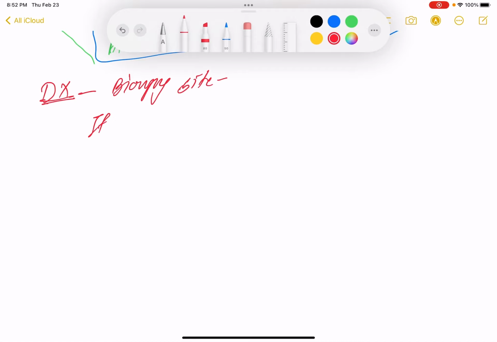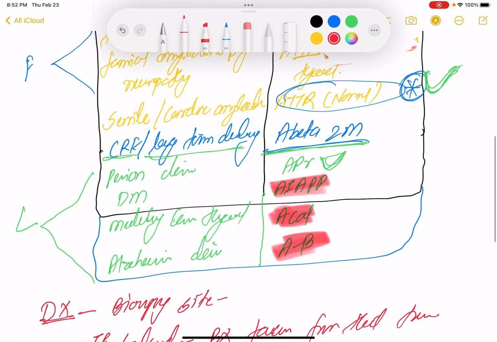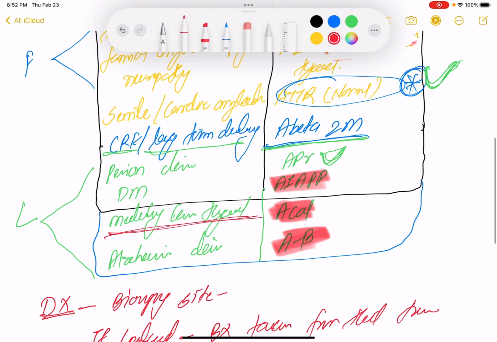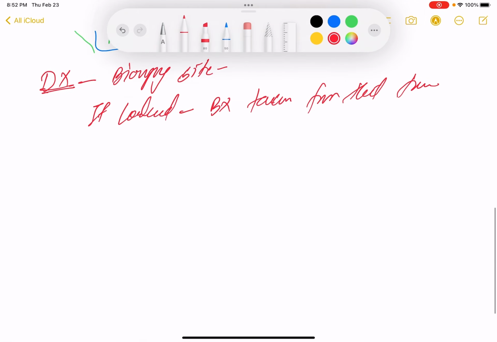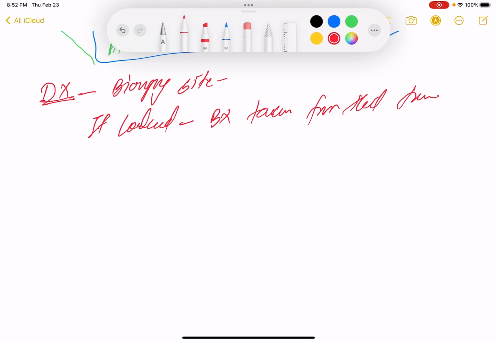If there is localized accumulation of amyloid, the biopsy is taken from that tissue. For example, if you have medullary cancer of the thyroid, we will take tissue from the thyroid gland. And if it is generalized, we will take tissue from the abdomen